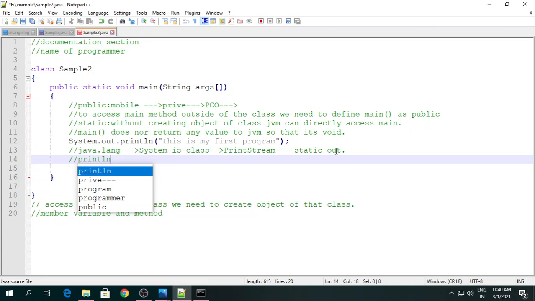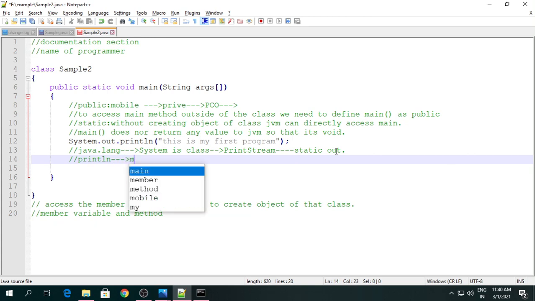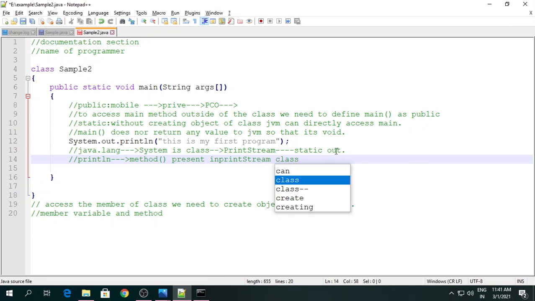Suppose I write the print method, it is a method present in the PrintStream class. What is println? It is a method present in the PrintStream class. Fine. So whenever you want to display any value or any message on a screen,